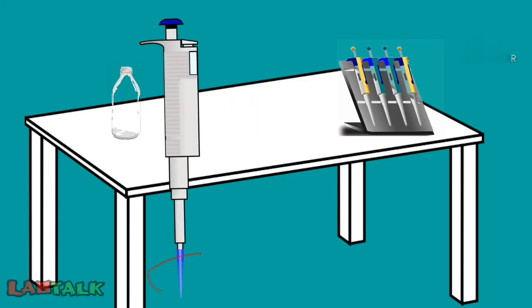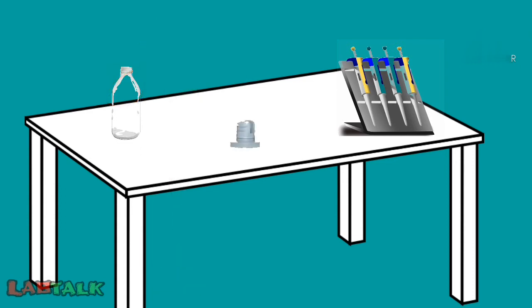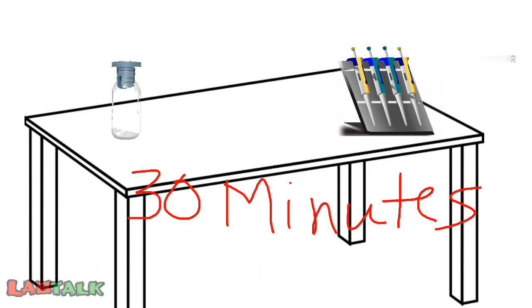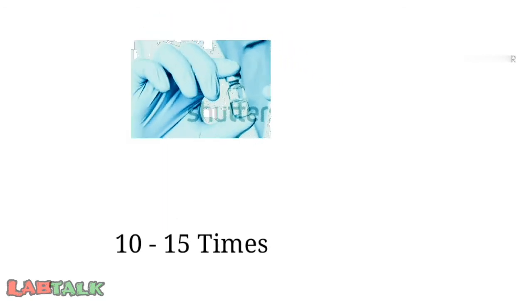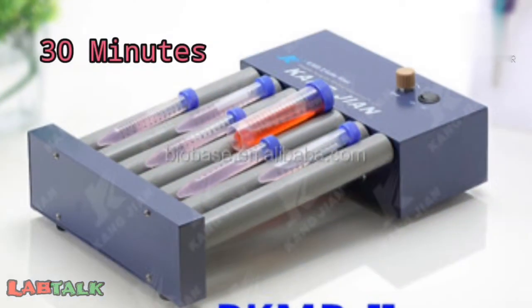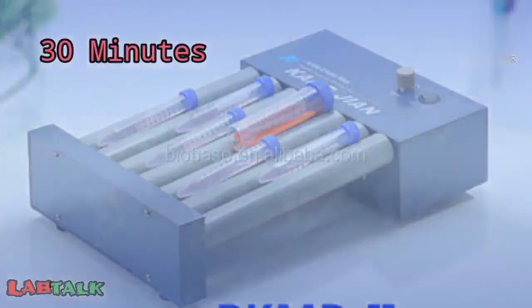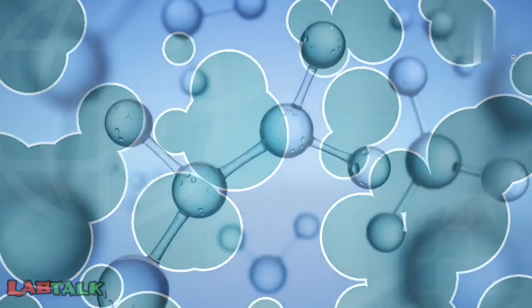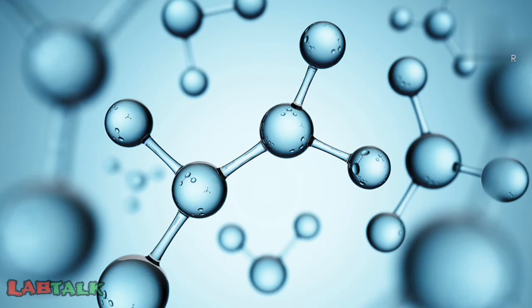Ensure no water is left in the pipette tip or on the rim side of the vial. Place the rubber stopper and lid firmly back onto the QC vial. Leave to stand for 30 minutes. After 30 minutes, gently invert the QC vial 10 to 15 times to ensure the content is completely dissolved, making sure to avoid the formation of foam. Alternatively, place the vial on a roller for 30 minutes to ensure the content is thoroughly mixed. Please do not shake the vial, which can lead to breaking of the molecule and inappropriate QC reconstitution.